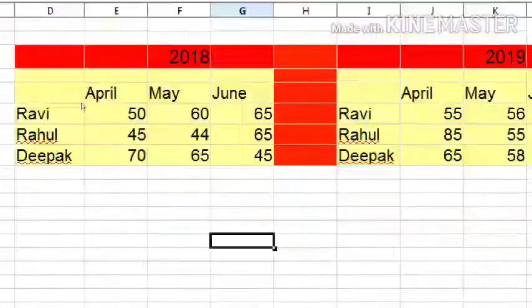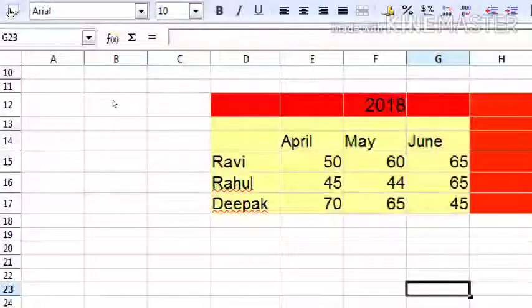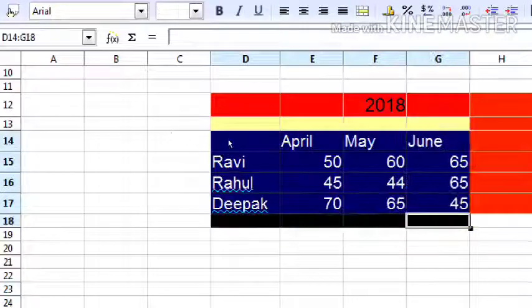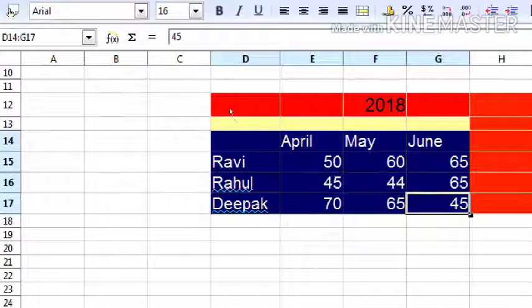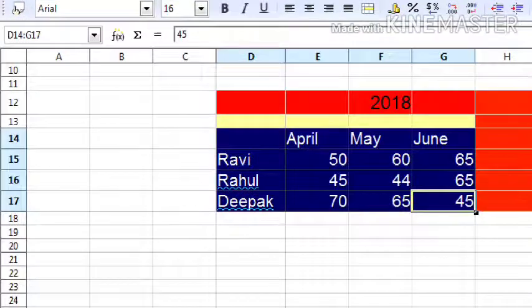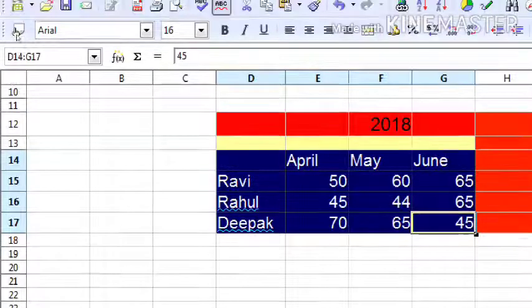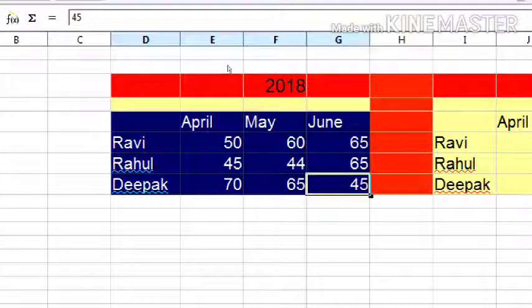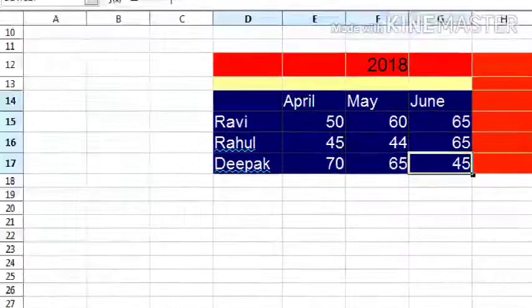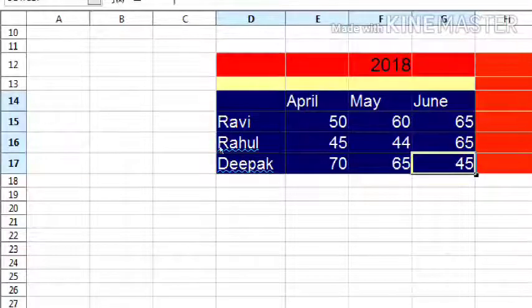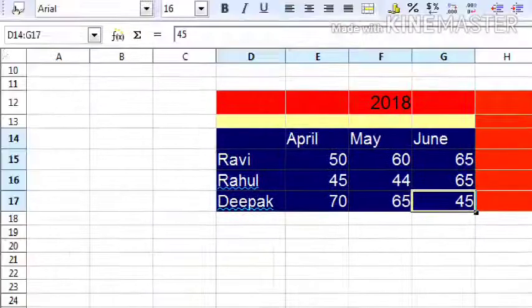Okay, so for this, first you create a range. Select this portion. Here you will see D14 to G17. Here G17. Okay, understand? This is the range of this selected area. Okay, we can also give it a name. This D14 to G17, we can give the name here.